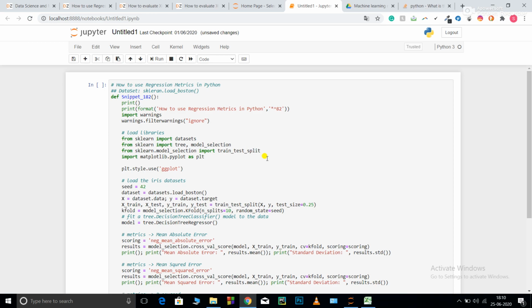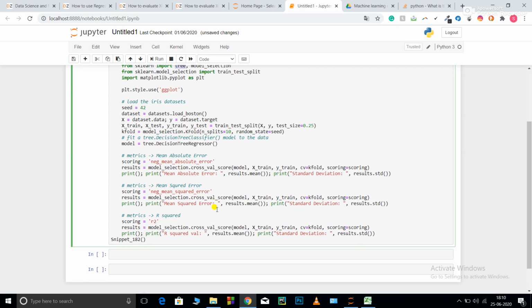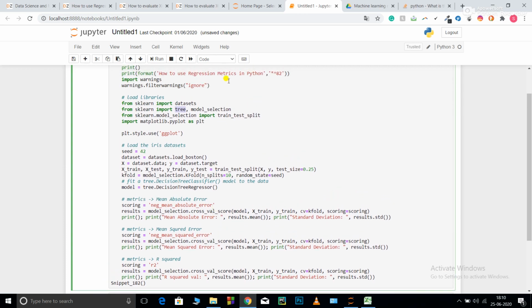So let's get started. From sklearn I've imported datasets, then I have imported tree, as I would be using a decision tree. Then model selection, which I use for performing train test split.